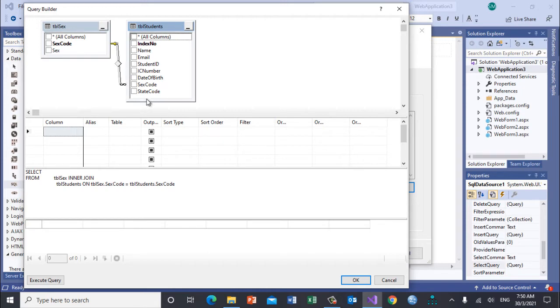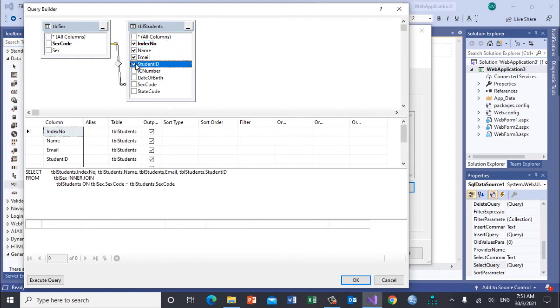Let's say that based on these two, we want to create a join between these two tables to display just the students and the sex. We are not interested in the state. So let us select the columns that we are interested in. Let's say we are interested in index number, name, email, student ID, IC number, date of birth, sex code and state code. Are we interested in this? Perhaps we are interested in